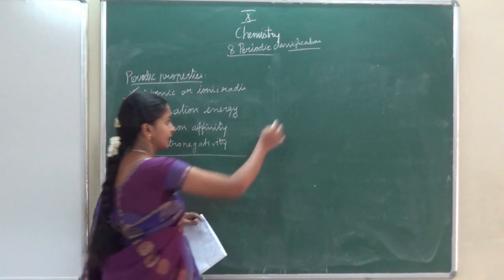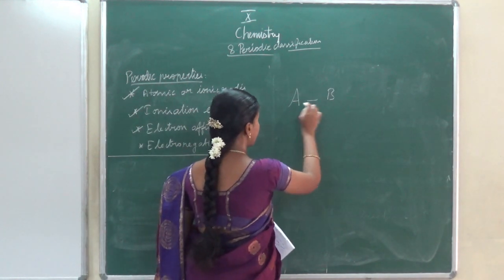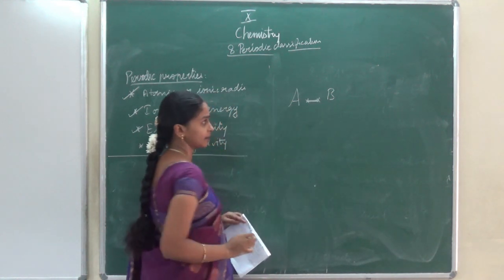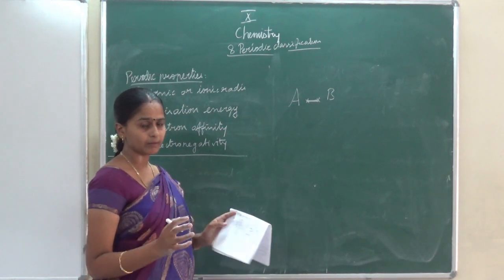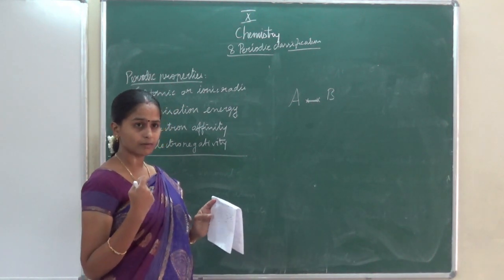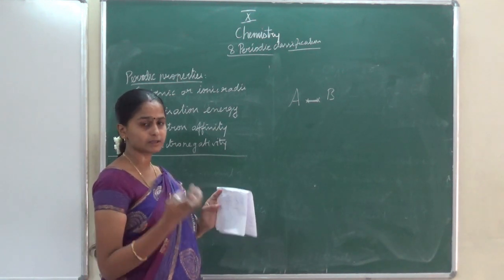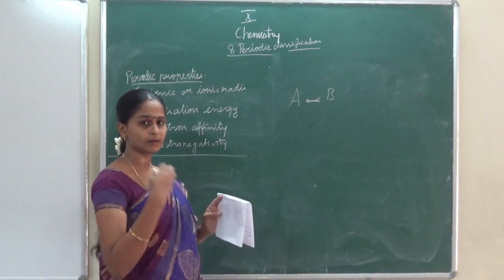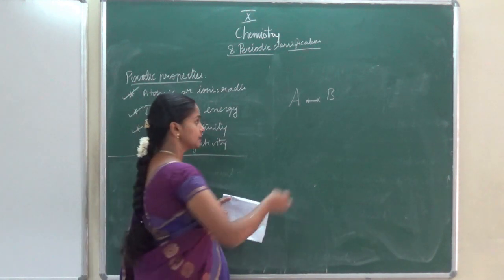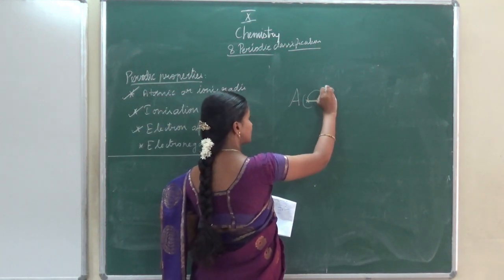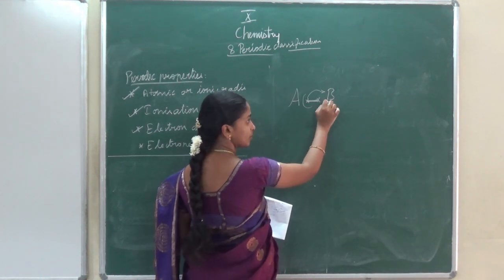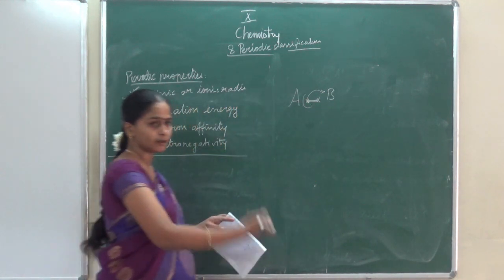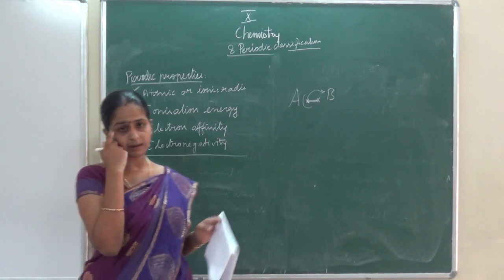Already, atom A will donate one electron and B will donate one electron, so that both form one bond between them. After forming the bond, the element which is more fond of electrons, which has more affinity towards the electron, wants to attain the noble gas configuration. It will take this electron also towards itself. This electron already belongs to atom B, but it wants to take one more electron also. It is not taking fully. If it takes fully, we can call this an ionic bond.